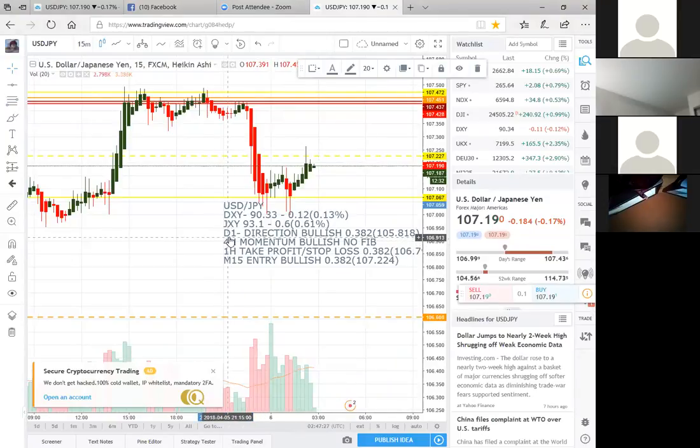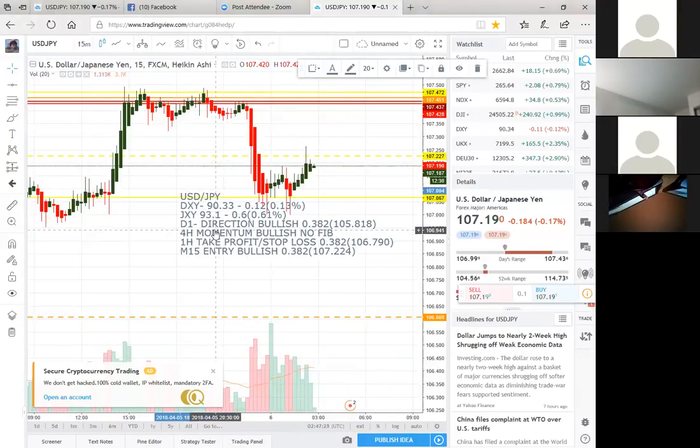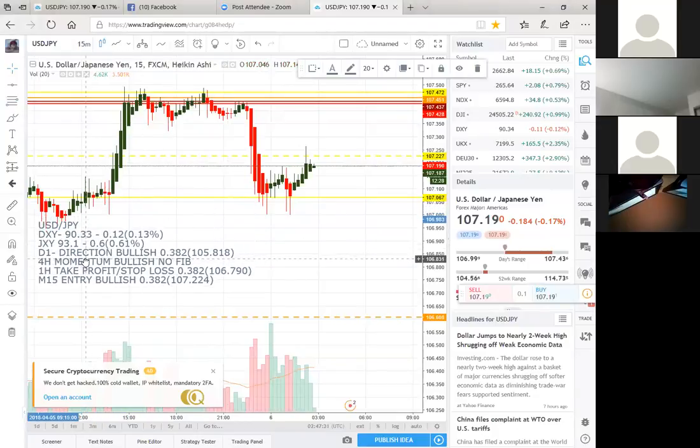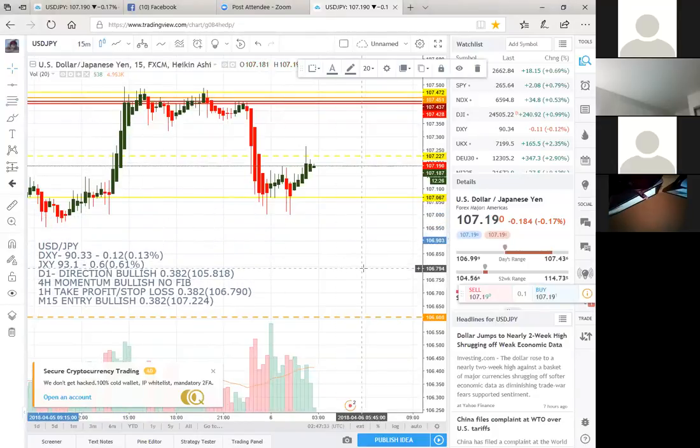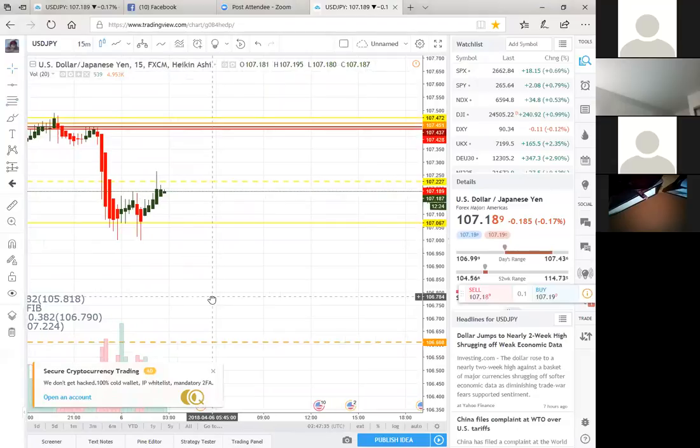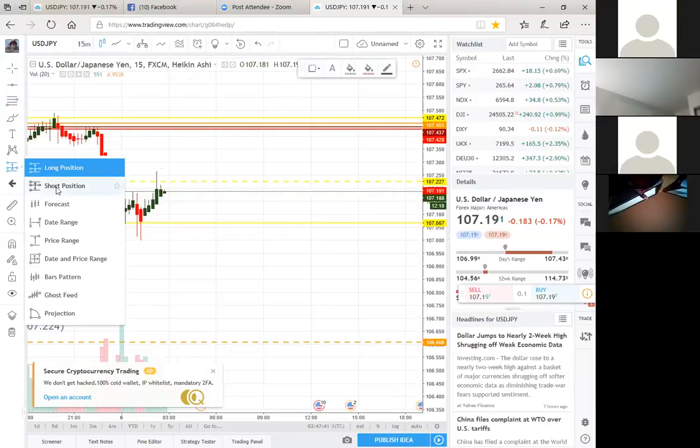I'm just gonna move this over here, then get like a clear spot. So you're gonna come over here and you're going to pick a long or short position. So this right here is going to be a tool that you can utilize that will tell you the actual take profit numbers that you're gonna use,